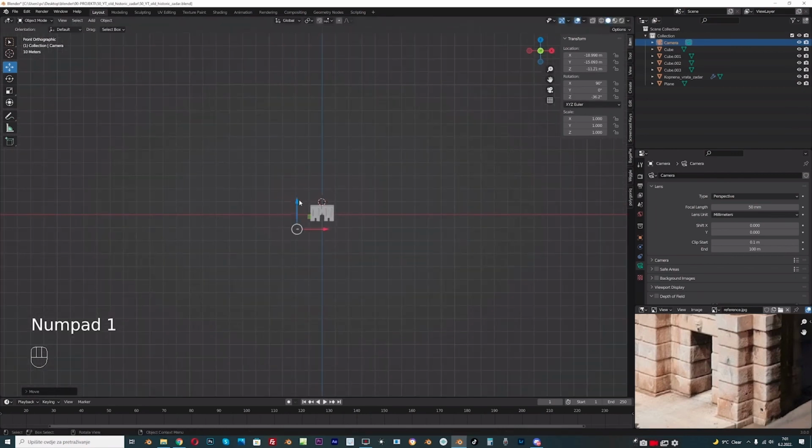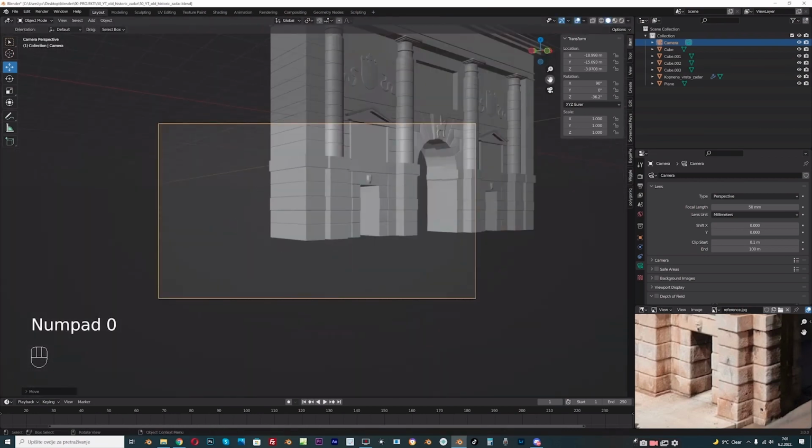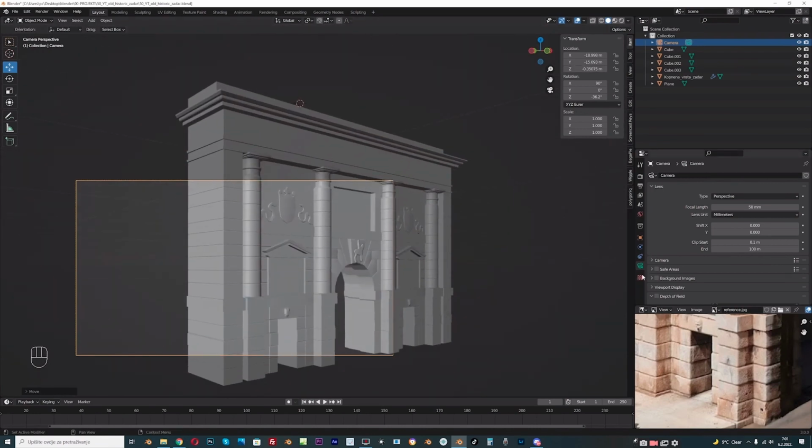Okay, our camera is down. And set this to panoramic,